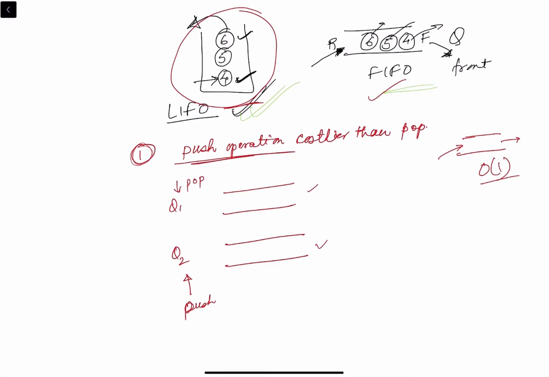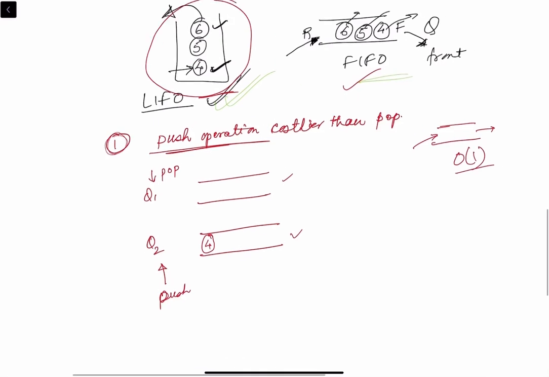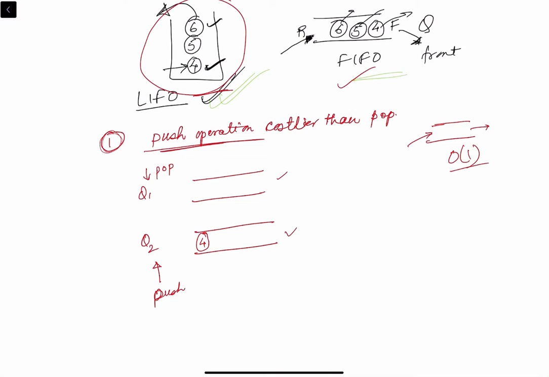See, so first we have this element 4. I'll explain using this example. First we will do this push. So 4 will go here. Now the rule says whenever you do push, whatever elements are in this Q1 will be shifted to this Q2. And once this push is complete, rename the queues. So first we entered this 4. There are no elements in Q1, so no DQ will be done here. Fine. So the next step is to rename.